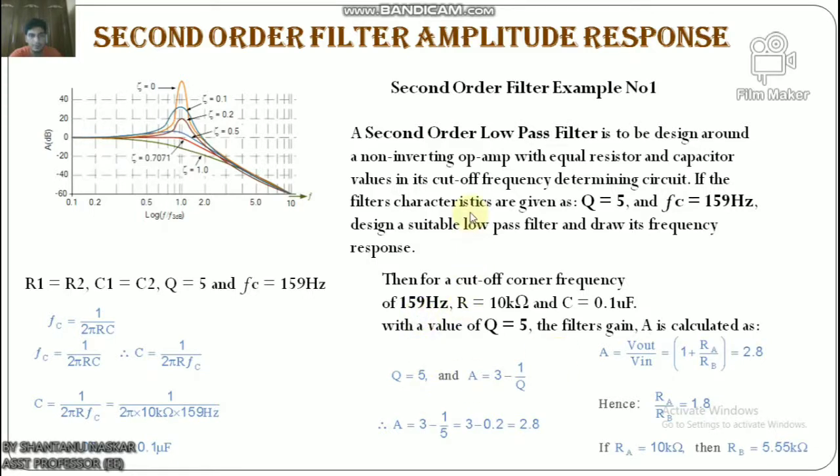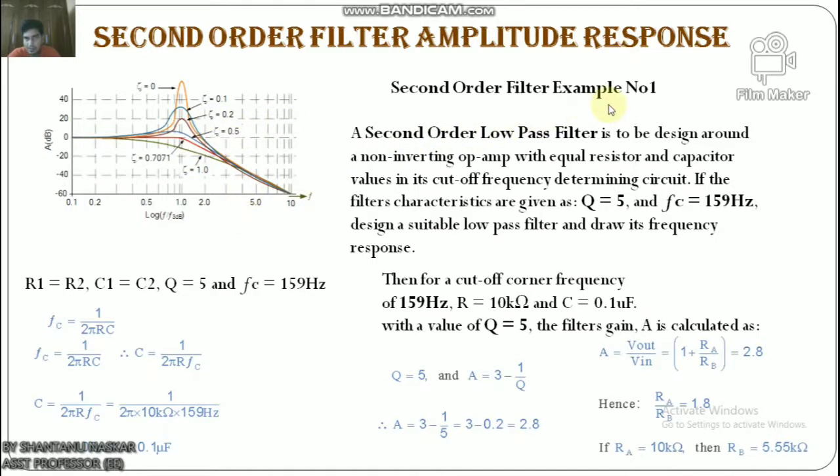However, this minus 3 dB cutoff point will be at a different frequency position for a second order filter because of the steeper minus 40 dB per decade roll off rate, the blue line. So, this is the amplitude response.